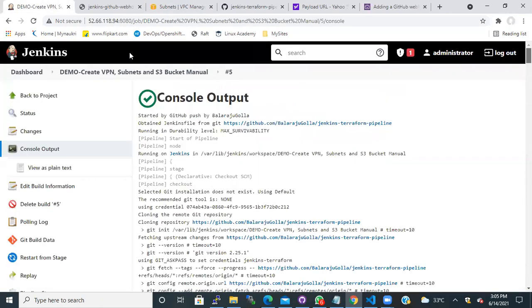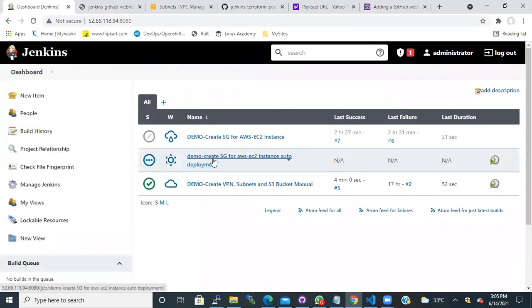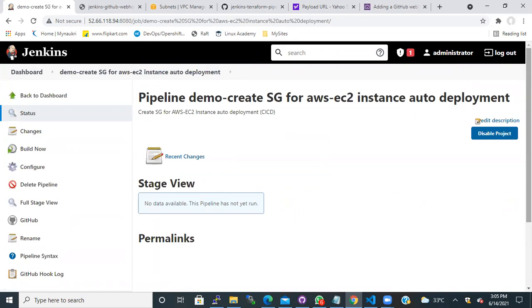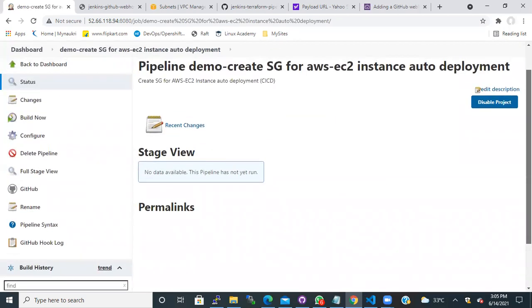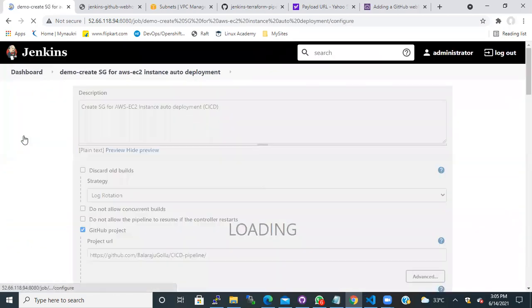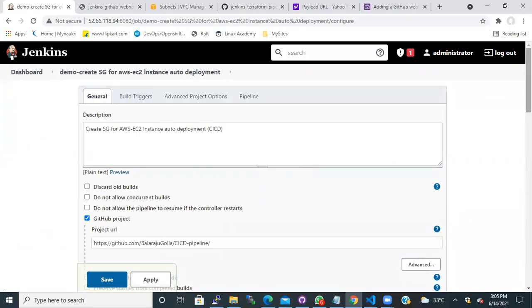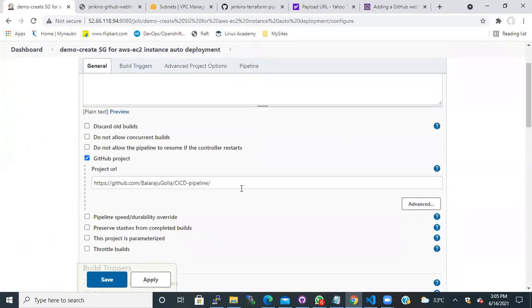Okay, come here. This is our build. So, configure. I gave the correct path.